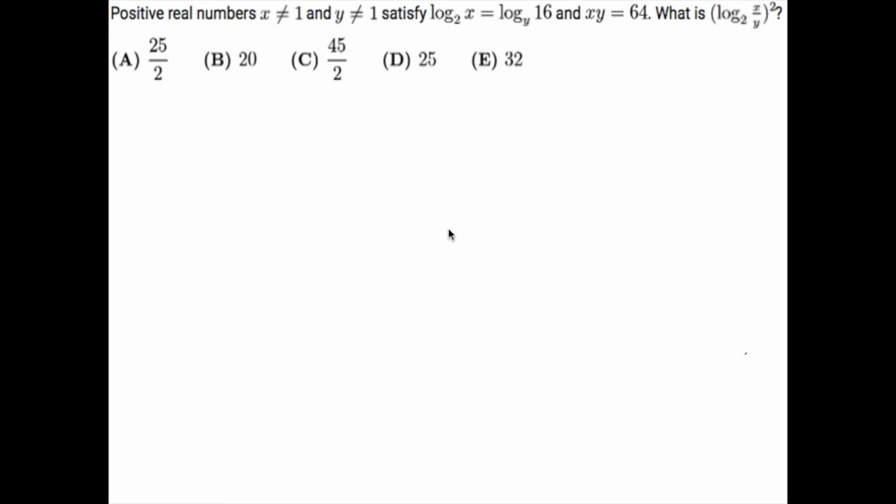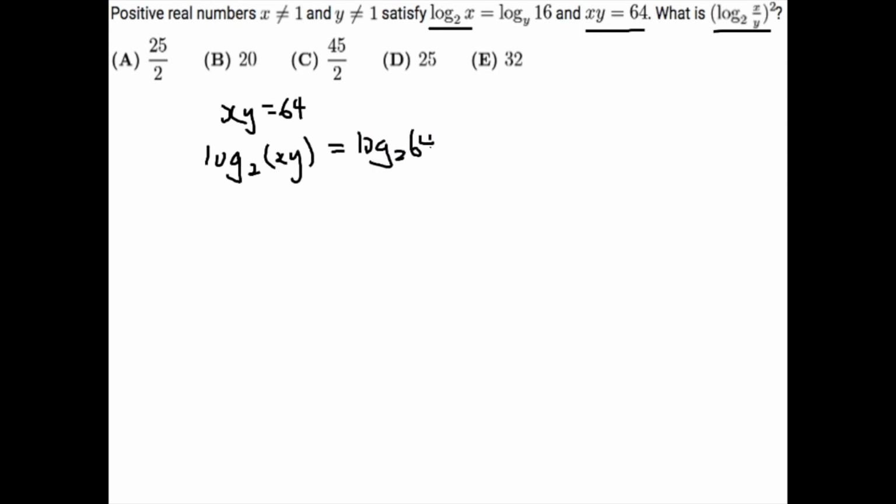So in this problem, what we want to do is convert everything to log base 2, because the answer is in log base 2, this is in log base 2, and it's more convenient if we just put everything on base 2. So, for example, xy equals 64. To put this in log base 2, we just take log base 2 of both sides, which is convenient because 64 is already a power of 2, it's 2 to the 6th. So this is log base 2 of 64,